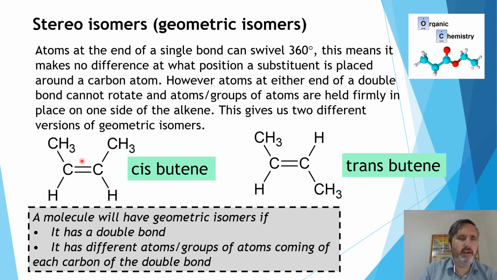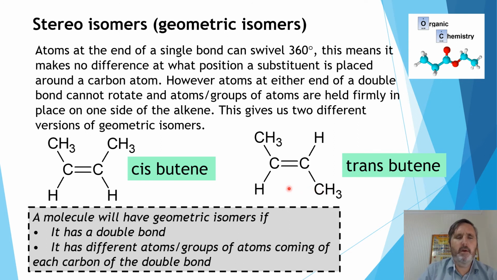So I look on the left-hand side of the double bond, I have a group of CH3 and a hydrogen. These two are different, so it meets the requirements of the second point. On the right-hand side, a CH3 and a hydrogen, they are different, so it meets the requirements. This will form a geometric isomer. There will be two versions. One when the CH3s are on the same side, cis, and one where the CH3s are across on different sides,